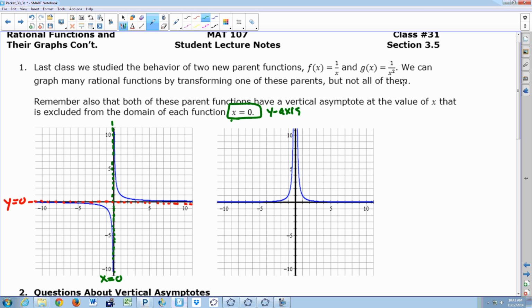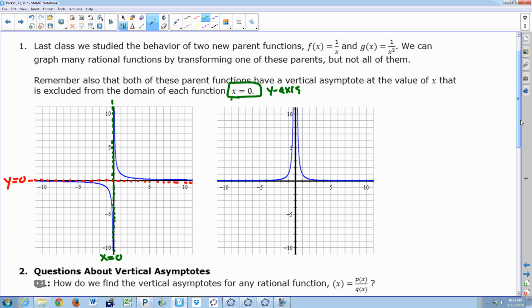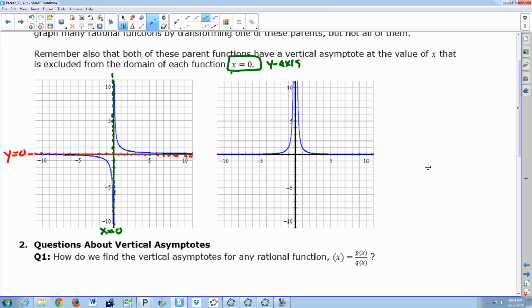This function, g of x equals 1 over x squared, has even symmetry about the y-axis. So as we take the opposite of an x value, the y value is exactly the same. That's even symmetry. So again, these were the ones that we worked on Friday, and we played all kinds of little transformation games with these. We shifted them to the right, up and down. Sometimes we did both types of shifts on them, and we got to play with these. So let's quickly do a review, and it's going to be quick, hopefully, so that we can get into today's